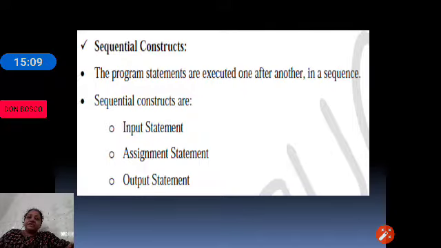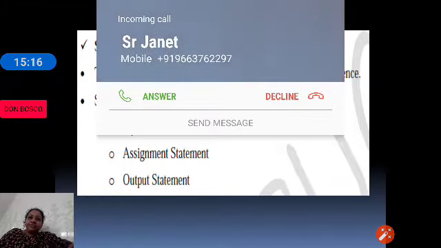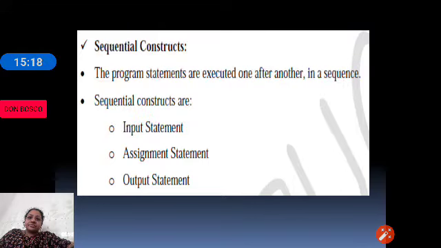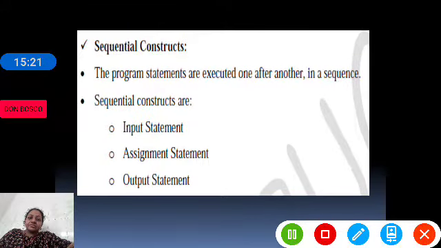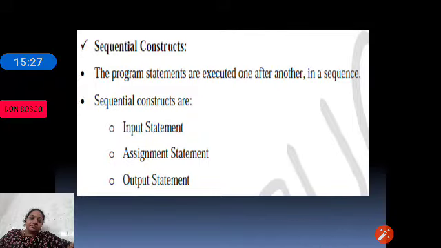Sequential construct means there is one beginning and the end. There is one beginning from where the execution starts. The statements are executed one after the other in a sequence, from beginning to end.